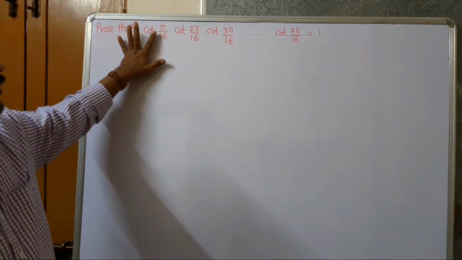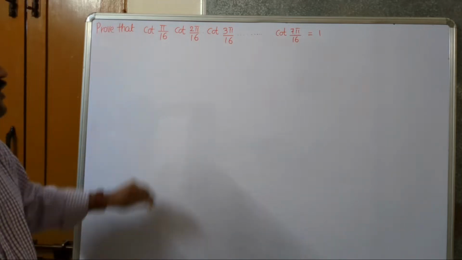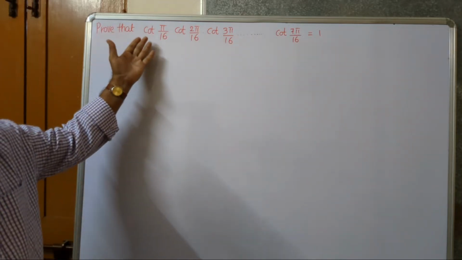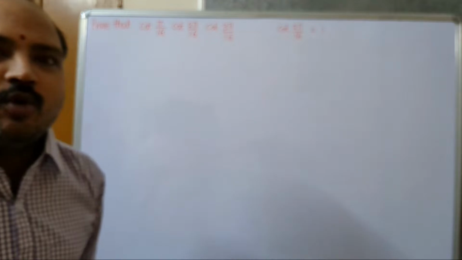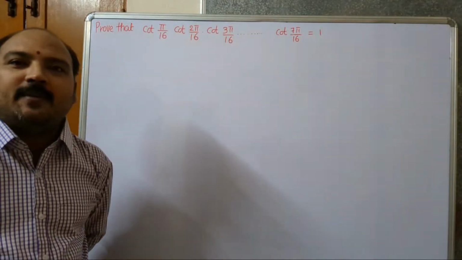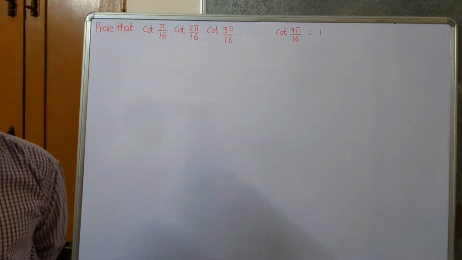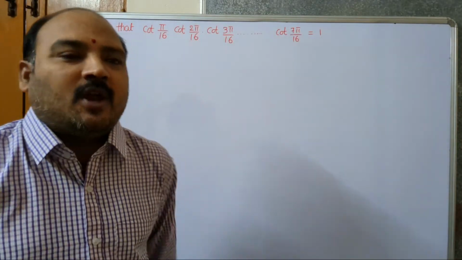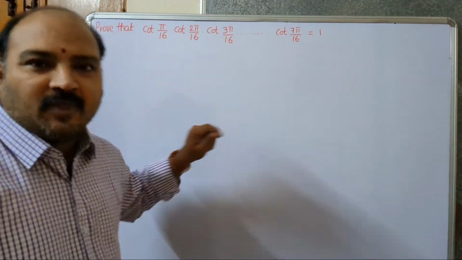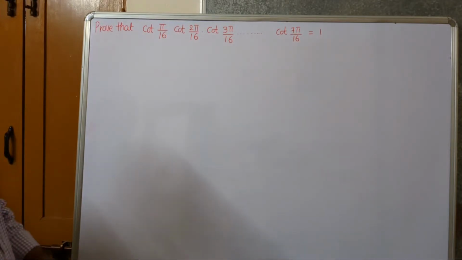The question here may come for 4 marks. Prove that cot pi by 16 into cot 2 pi by 16 into cot 3 pi by 16 and so on, cot 7 pi by 16 equals 1. They are asking to prove this result. So for that, first what we have to do is